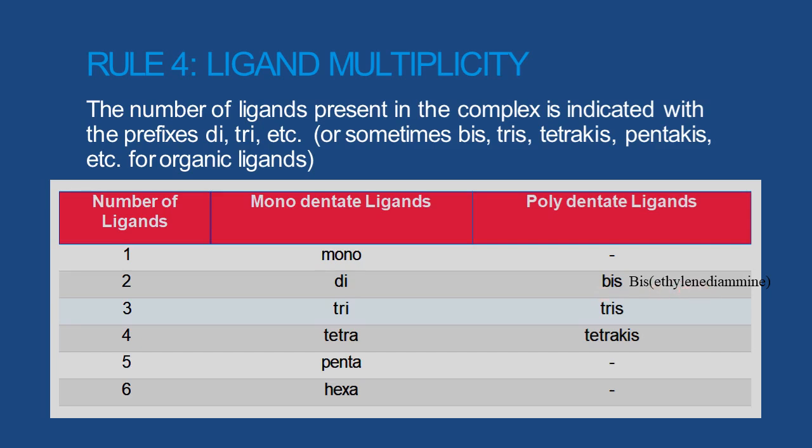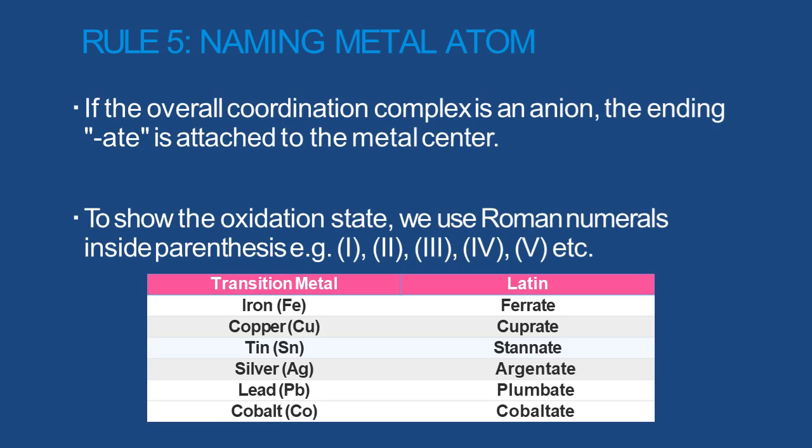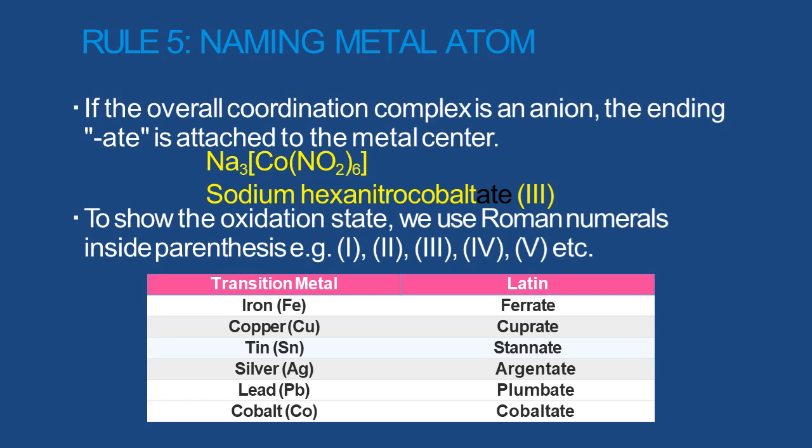Students, the next rule is for naming the metal atoms. The rule is, if the overall coordination complex is an anion, meaning it has a negative charge, the ending of the name of the metal atom is written as ate. ATE is attached to the metal name. For example, students, look at this example. We have a coordination complex. Now this is the cationic part, but the coordination sphere, you can see, is anionic because it is written after the cation. So the name is sodium